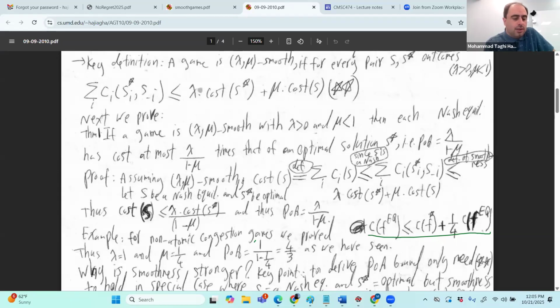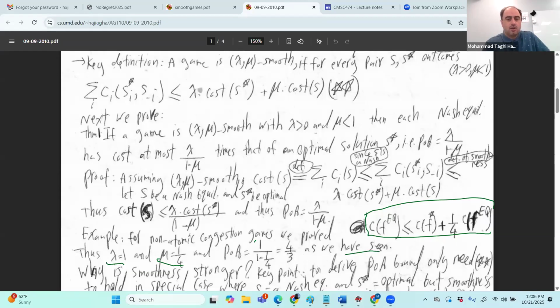However, in this case, you can easily show using the same argument that lambda is equal to 1 and mu is equal to 1/4. And the price of anarchy that we got through this calculation, you can actually get just using this formula. This part is non-trivial, how you can show that, because for different games you need to show maybe different things. But this is a typical thing that you can show, and then you can get the 4/3.